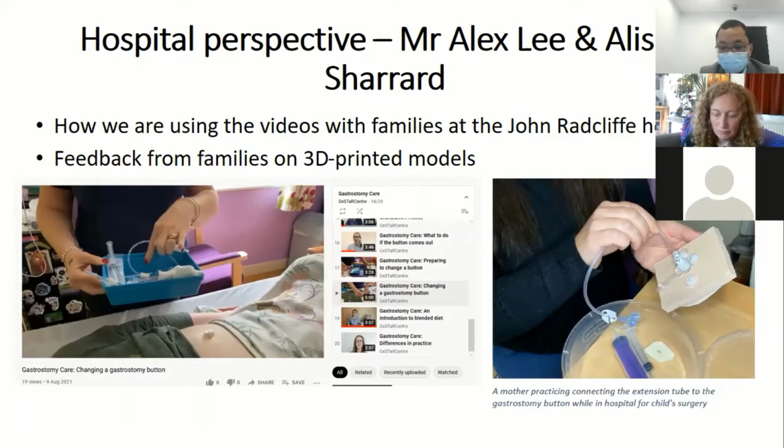development of these videos. And I think for me as a surgeon, I'm very much aware that it is not just a tube that I put in, be it a button, a tube, whatever device it might be. But there's also a child surrounding the tube, and there's a family surrounding the child. And therefore, the way that I work is not just focusing on the tube itself, which unfortunately a lot of health professionals often do. But it's really about the child and the family that we are dealing with,